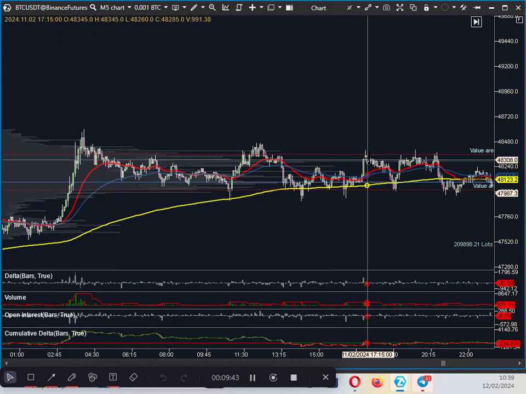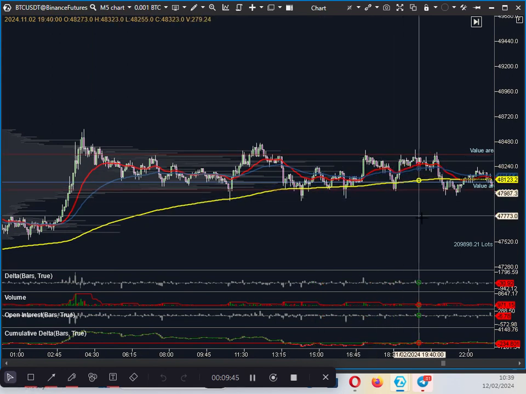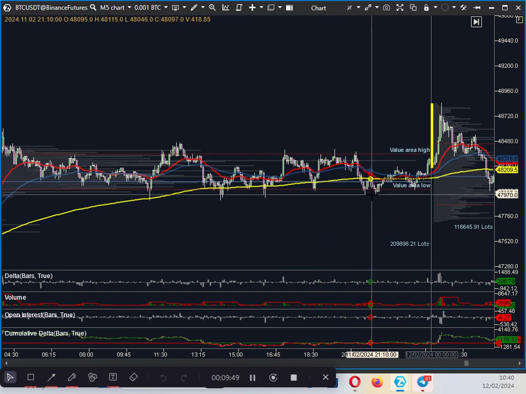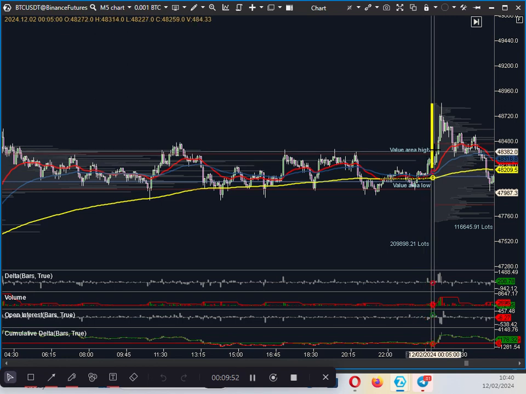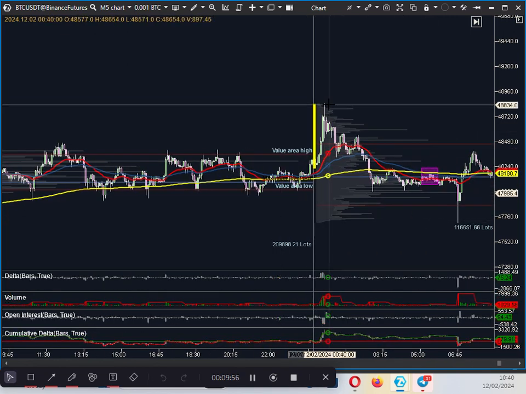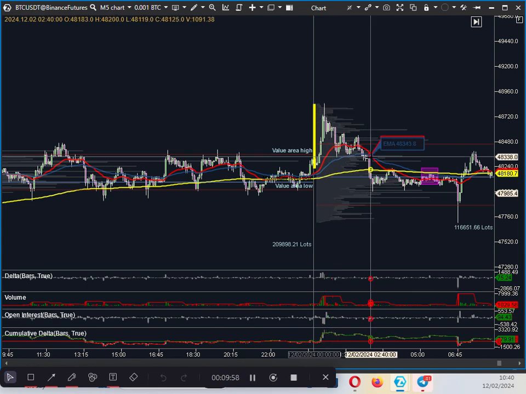another trade back to the value area high, down to the low, up to the high, down to the low, up to the high. It started trading outside the value area high the day after that, came back down